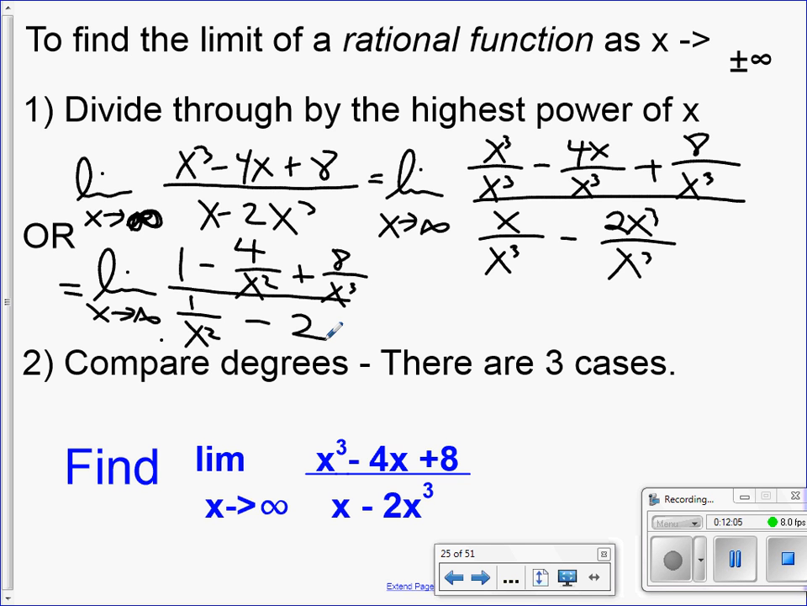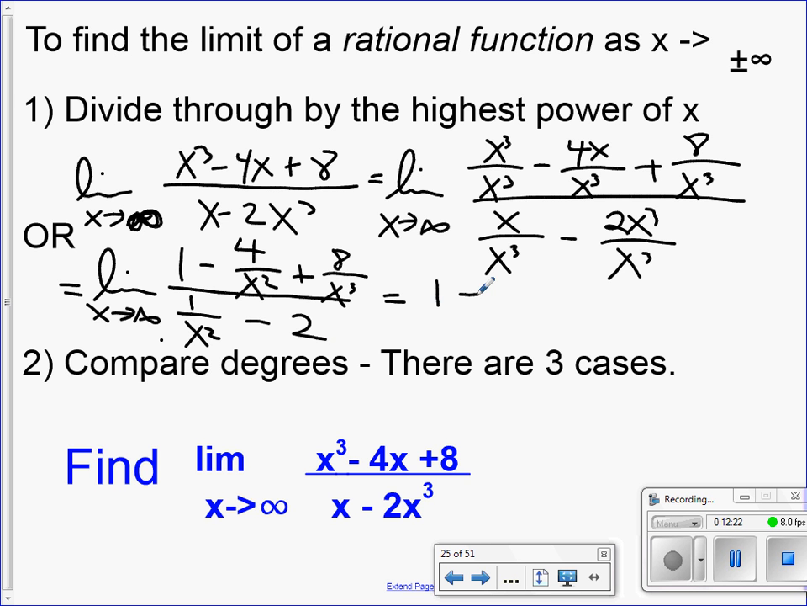What is the limit of 1? Think about the graph y equals 1. As x approaches infinity, what are the y's staying at? 1, right? So this is going to be 1